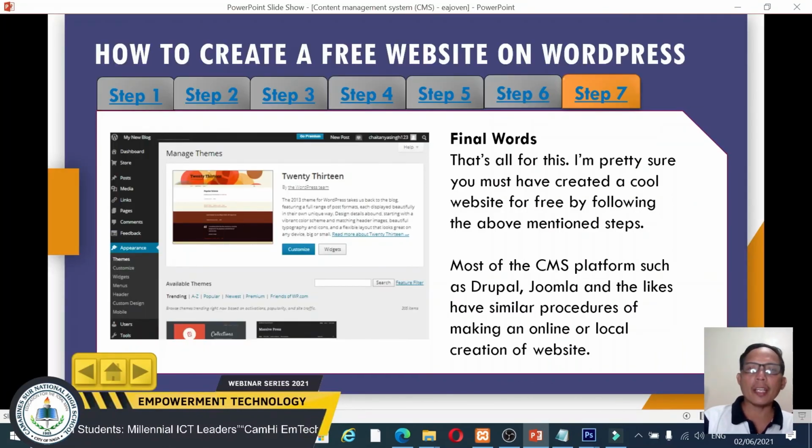Okay, so that is how you create a WordPress website on a local host using a web server, which is the XAMPP server. So how about creating a free website on WordPress online?